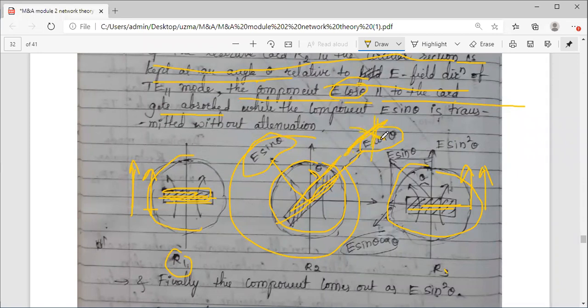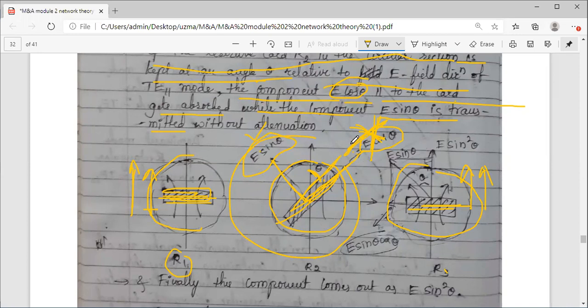It will not come to the next level, because we are still at the R2 card. Where is the R2 card? It is in the central C section. We have not reached the other end yet. We are in the middle of the rotary attenuator. In the middle, the R2 is at some angle theta. It has two components, horizontal and vertical, out of which we don't get the horizontal component. So only the component E sin theta is transmitted. This one will be forwarded to the next level.